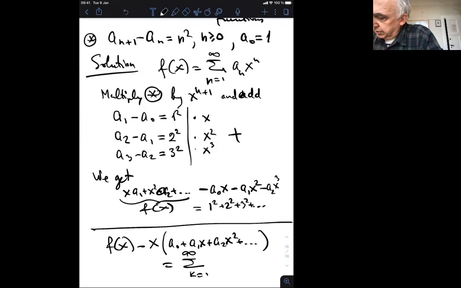I forgot to multiply by the powers of x here, I'm sorry. x squared, x cubed, and so on. So the right-hand side in this case would be, if I factor out x, 1 squared plus